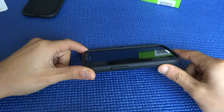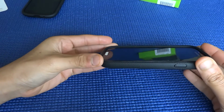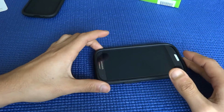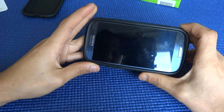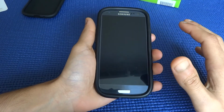And if you compare it to cases like the Otterbox or Otterbox Commuter case, that has much more bulk compared to this one. So it keeps the profile relatively thin as compared to some other cases in the same category, and it doesn't protect the front, so I recommend installing a screen protector on the front,